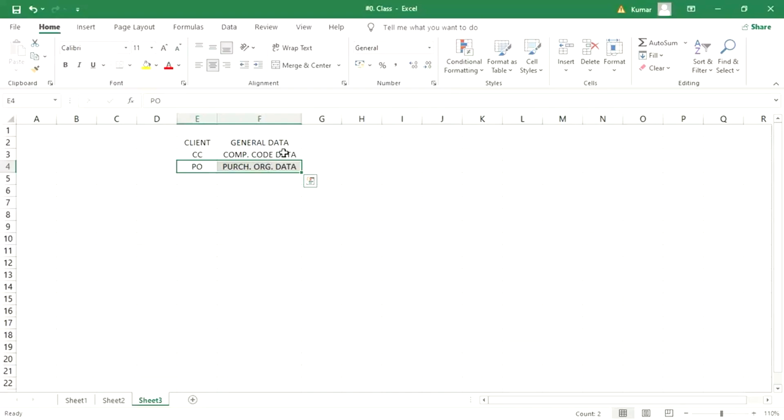And purchase organization is generally from the purchasing side. It is part of the enterprise structure. Okay. Now, here, guys,